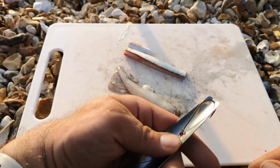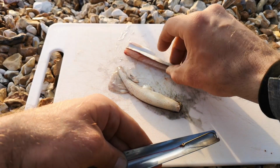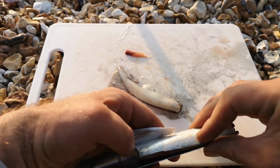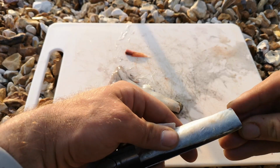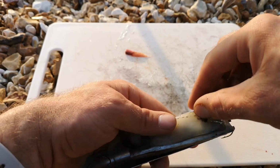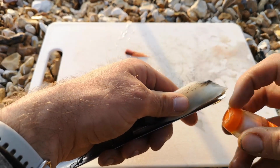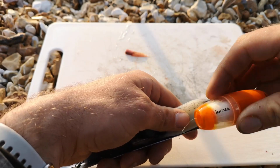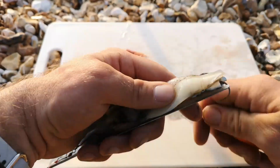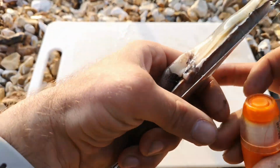So I thread my hook onto my bait mate, and I put the mackerel, I normally put the flesh down so the skin's on the inside, and I'll lay my squid on top. Hopefully this elastic's okay, I've run out of the thicker stuff. So I'm using the thinner one here. Let's give it a go. So I'm just going to give that a good